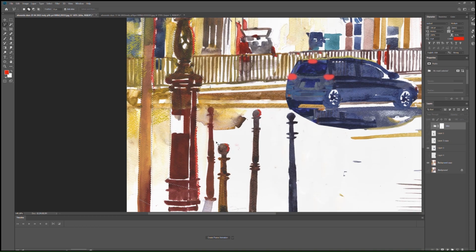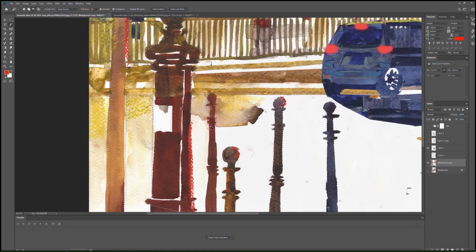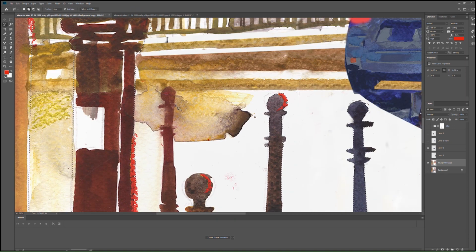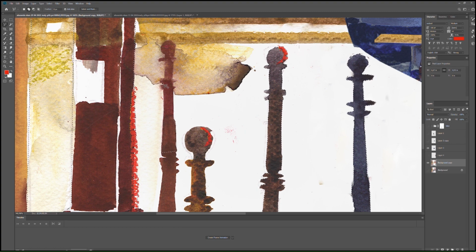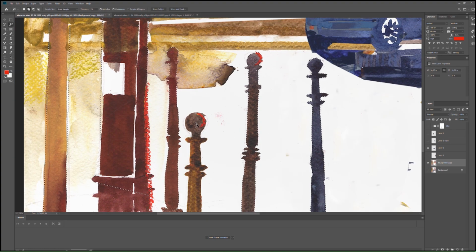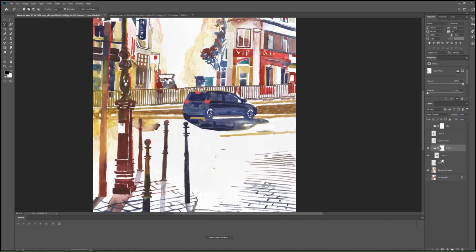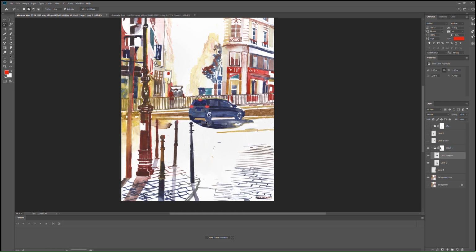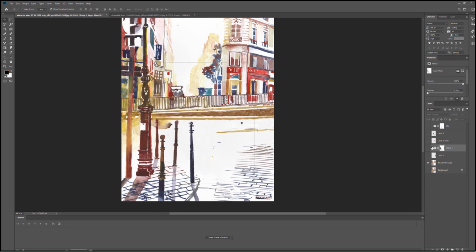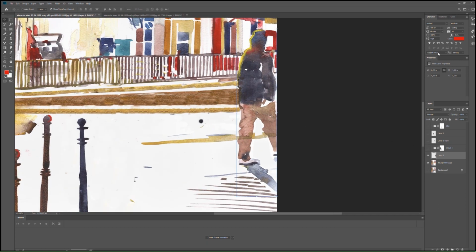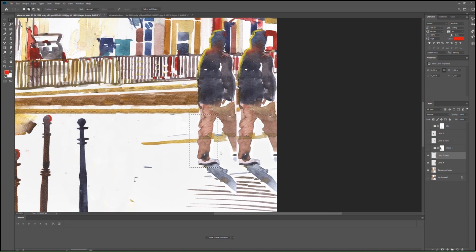The lamps are on the mask, so the man is behind the lamps. I copied the same mask and put it on the group with cars, because the cars are behind the light,